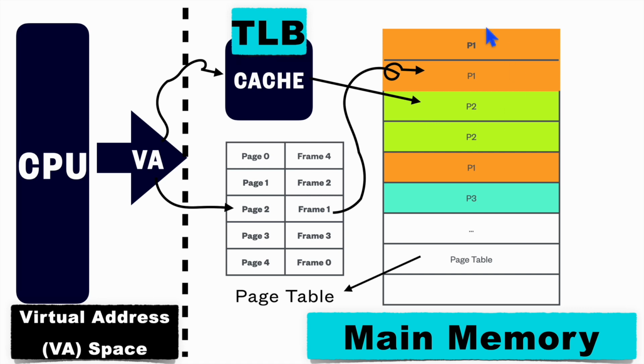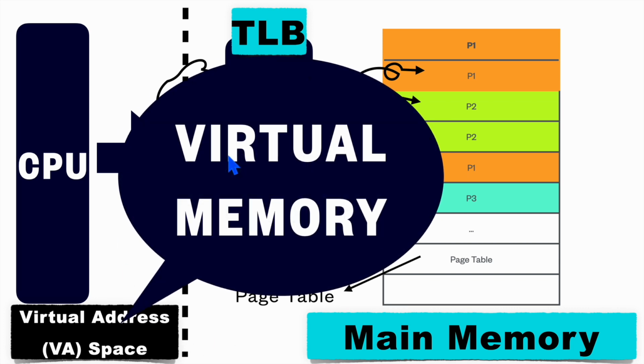This kind of storage scheme creates an illusion for the programmer that you have a very big memory and you are allowed to write as big a program as you want. You are allowed to write bigger and bigger programs. So this kind of illusion, which says you have infinite memory to write your program, is called virtual memory. Now let's understand how we can load the part of the program which is to be executed currently.